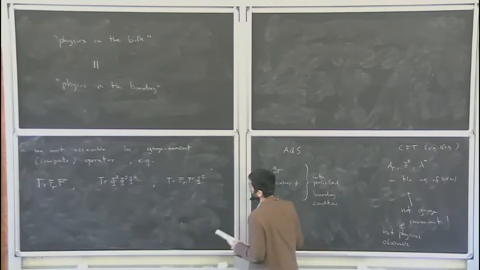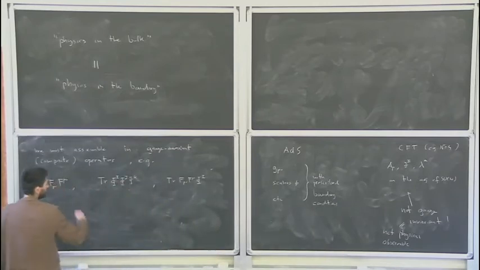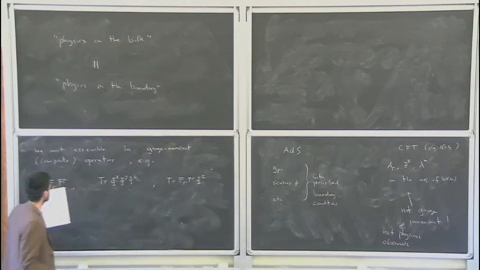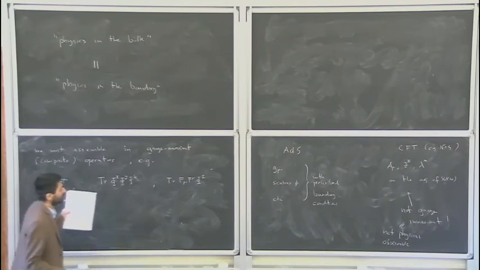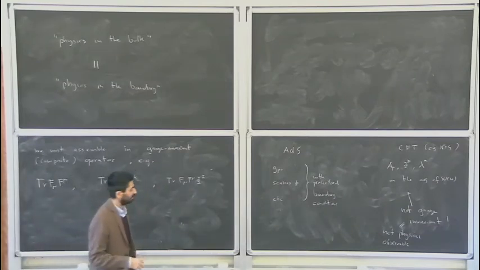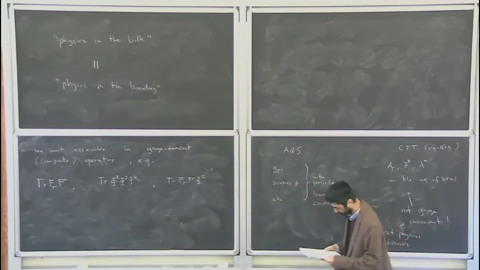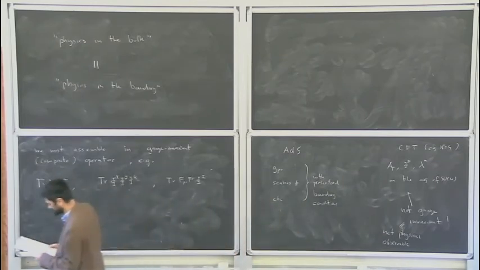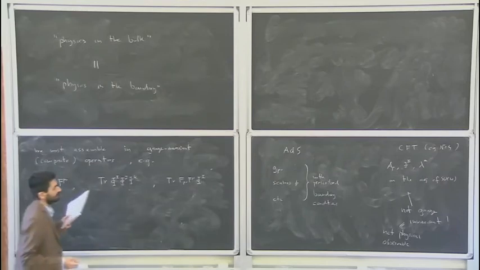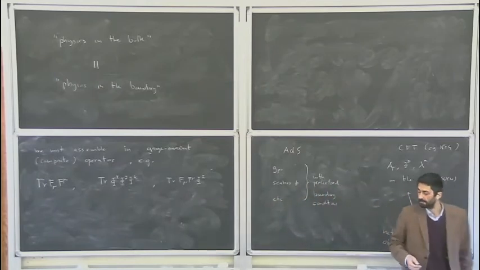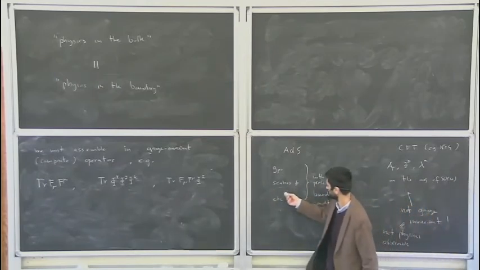Now, I won't give any name to these operators, right? There will be many more, infinitely many that you can construct. So in principle, now that you have formed gauge invariant operators, there is a chance that you can relate them in some way yet to be determined to the fields here on the supergravity side. However, in fact, not all of these operators turn out to be representable by a field on the supergravity side. First of all, we have to say now a bit more precisely what these scalars, etc. mean,